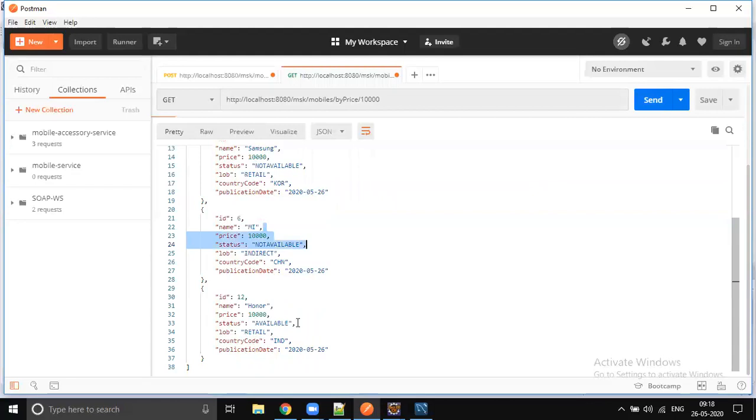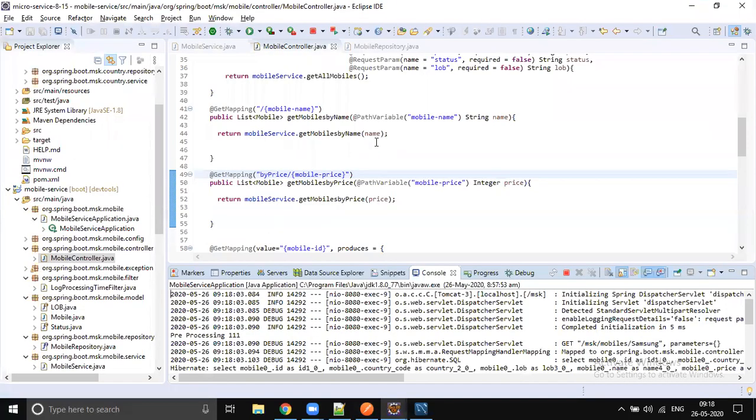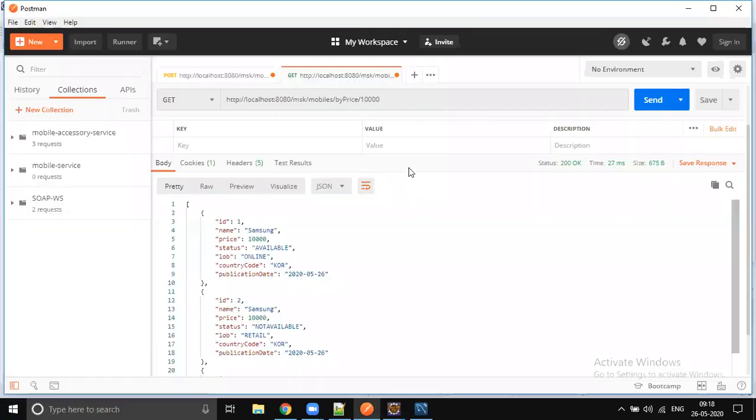You get all the mobiles whose price is 10,000. So MI 10,000, Honor 10,000, right? All mobiles which are having 10,000 price are coming. But all of a sudden, some more person will come and say, I want to see Samsung mobiles whose price is 10,000. Then you will write one more method. You take name and price, and you call that method, right? And tomorrow one person comes and says that I want to see all available mobiles. You write one more method. And one day one person came and said, I want to see all online mobiles, right? I don't want to go to any store or any third party vendor. I want to place an order online. So I want to see all mobiles which are available online.